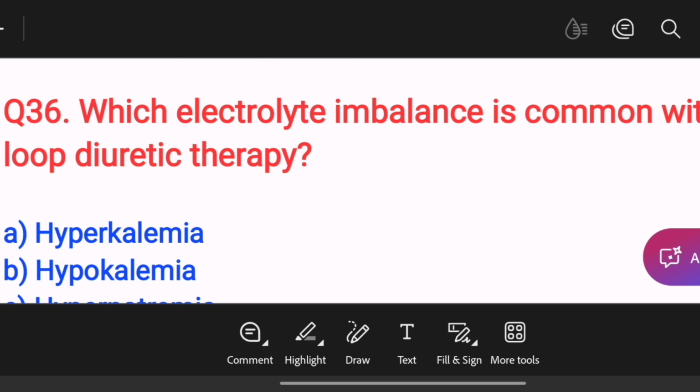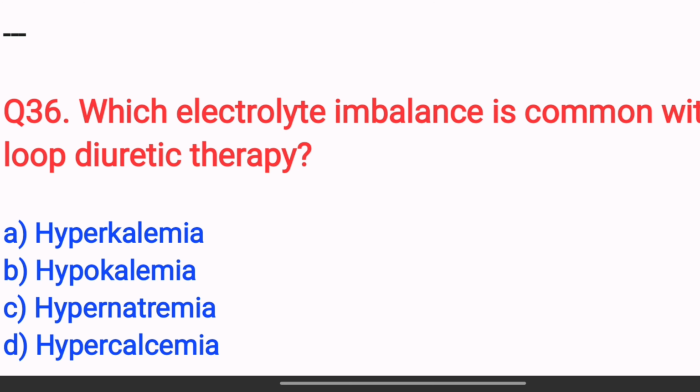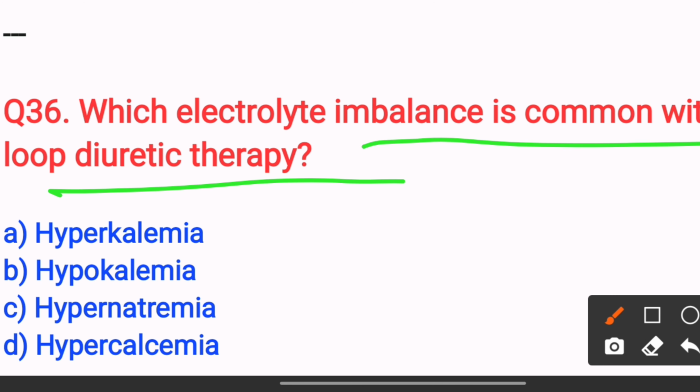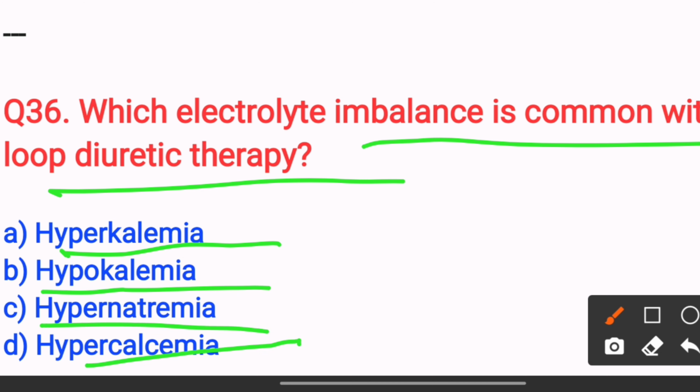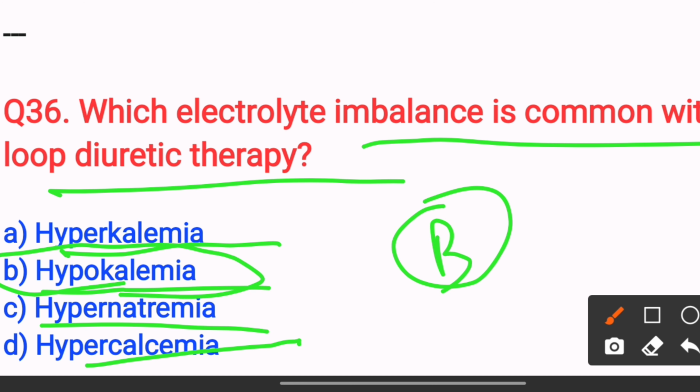Which electrolyte imbalance is common with loop diuretic therapy? Option A, hyperkalemia, option B, hypokalemia, option C, hypernatremia, option D, hypercalcemia. The answer is option B, hypokalemia, because loop diuretics increase potassium losses, leading to hypokalemia. Next,